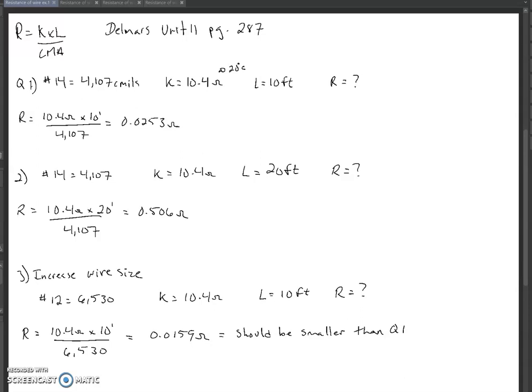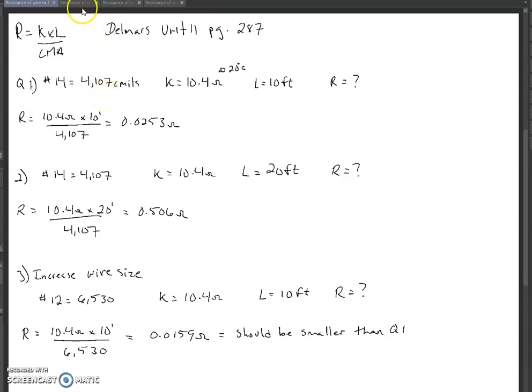Okay, so a little review of R equals K times L over CMA. We're just tracking down the resistance of a wire for a certain distance. These are pretty much straight up questions. If we just plug the numbers into the formula, say we have a number 14,